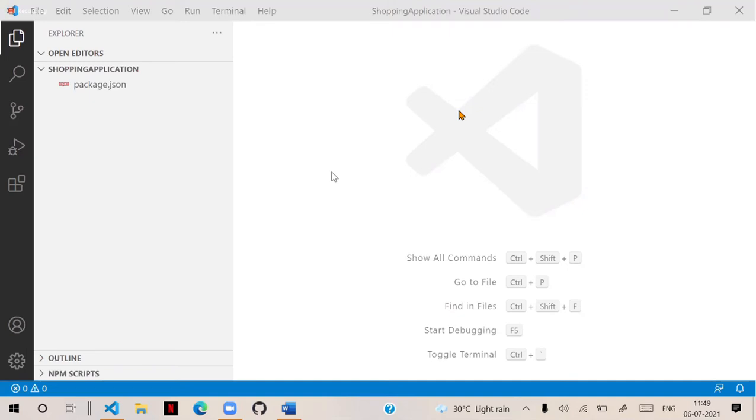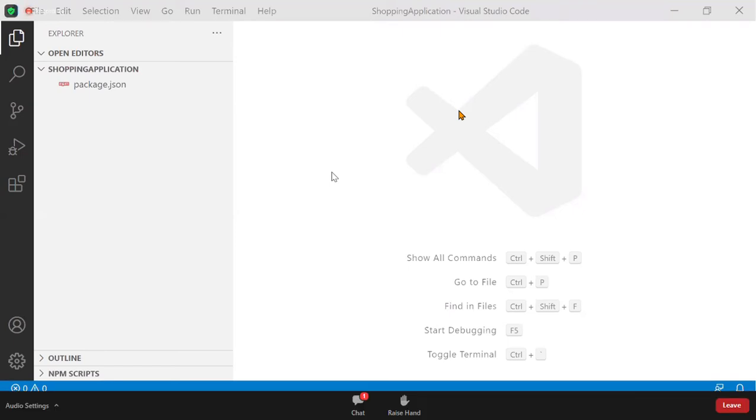Information about your application. Can you tell me what kind of information it may contain? What kind of information will it contain? You have observed that. It will contain information like name, description, author, version, license, dependencies. Understood? Good. So all these details are present inside this package JSON. Good. Next important is after configuring.